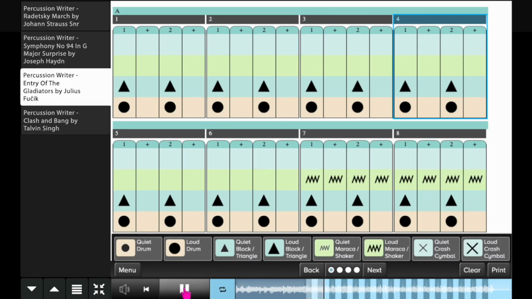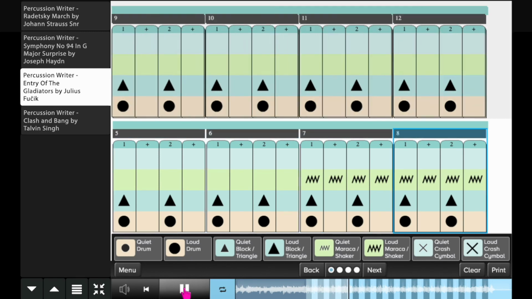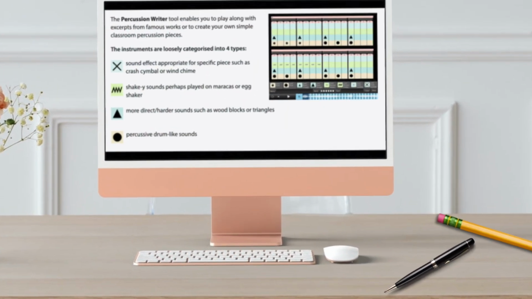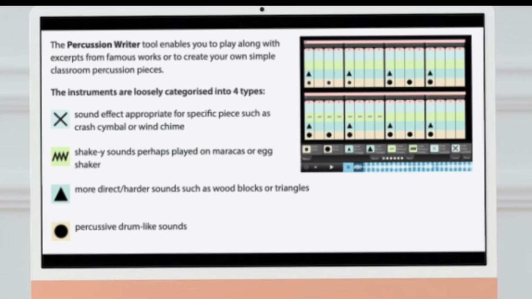These sounds are adaptable to what you would find in your music classroom or if you travel to rooms with a cart. For example, these sounds could be made by a desk and body percussion, where the X could be clicking pencils on the desk legs. The shaky sound could be made with beatboxing and body percussion sounds. The triangle could be made by clicking pencils on the top of a desk, and the circle could be made